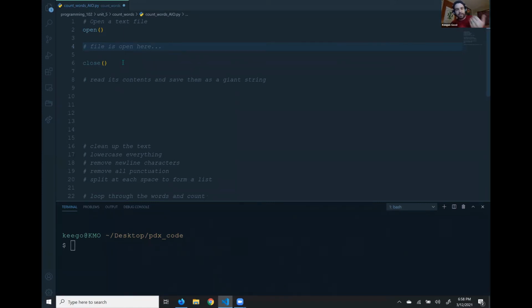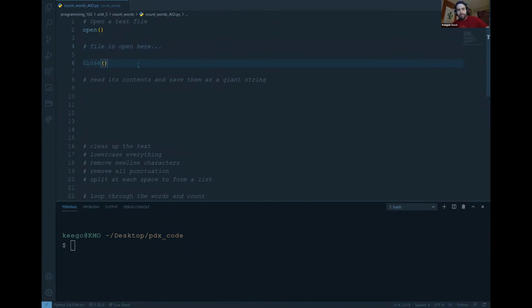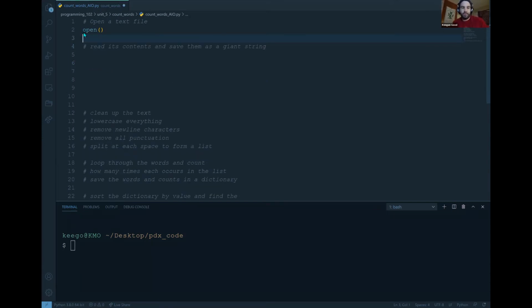And if I forget to close it, it could cause weird errors on my computer, right? Because the file will just be open in the background. And so I need this close function in here too. But this is kind of annoying, right? So what I can actually do, I don't need this close function if I use what we call a context,